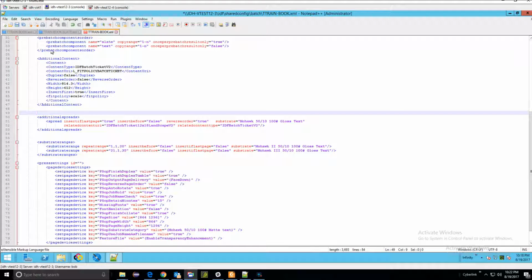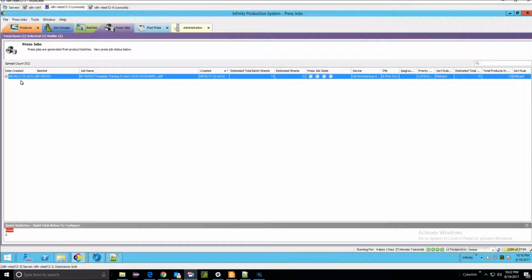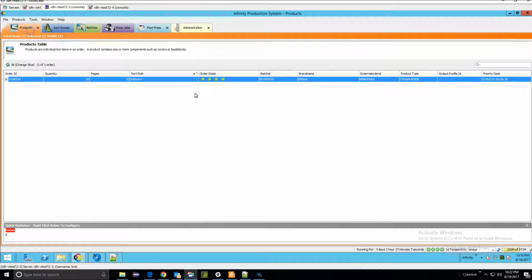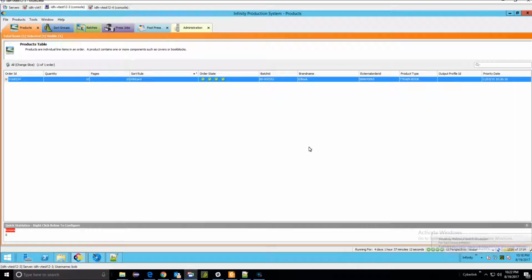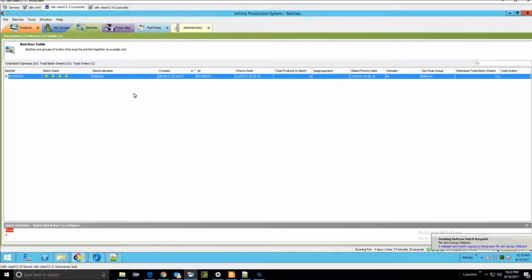There we go. And then we'll save this once again. Come back to the UI, back over to our products tab, and let's create a second batch. Now this time, we haven't taken anything away related to our additional content batch ticket that we just put in. So we're still going to have that. We're still going to have our slate as part of the batch ticket, or I'm sorry, as part of the